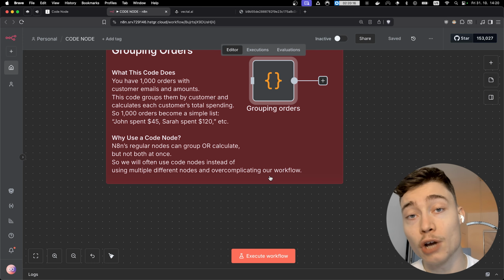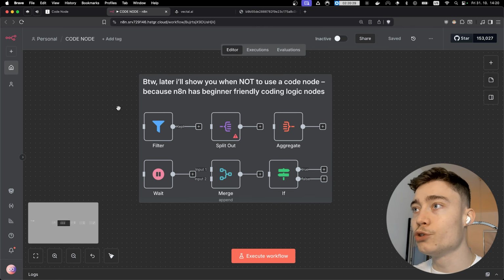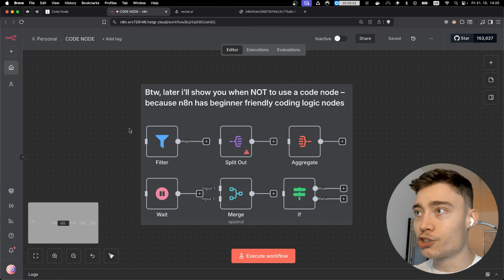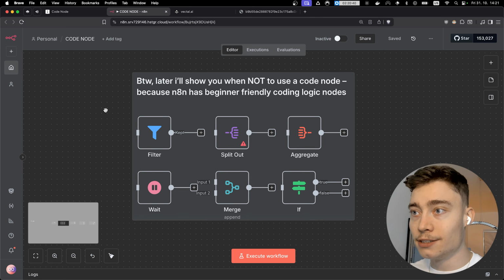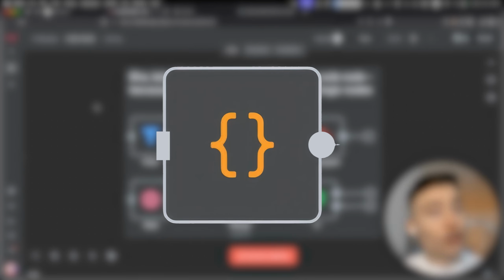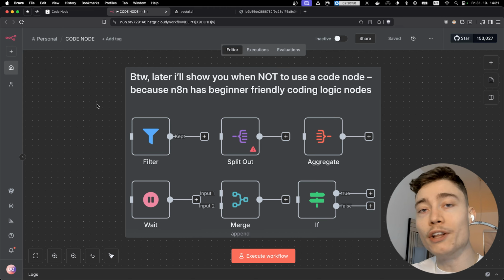And again, I'm going to show you how to do this even if you know zero about Python or JavaScript. And by the way, later I'll show you when not to use the code node, because N8N has a lot of friendly and pre-built nodes that are beginner friendly and that simplify the whole process of designing systems. So even though ignoring the code node is very bad, using it everywhere where it doesn't need to be used is also as bad. So at the end of this video, I'll show you when not to use the code